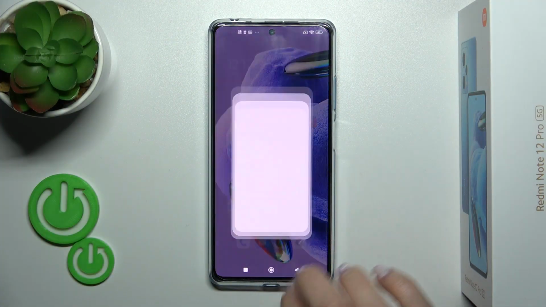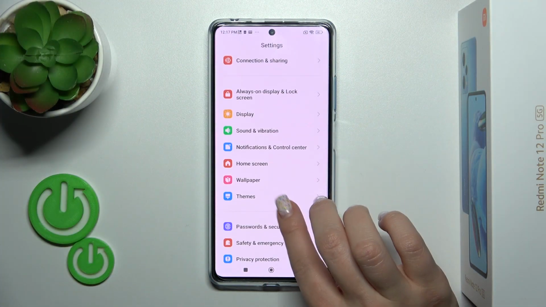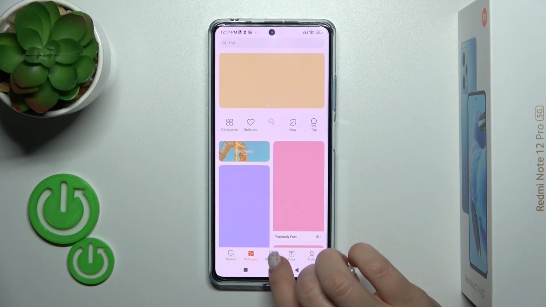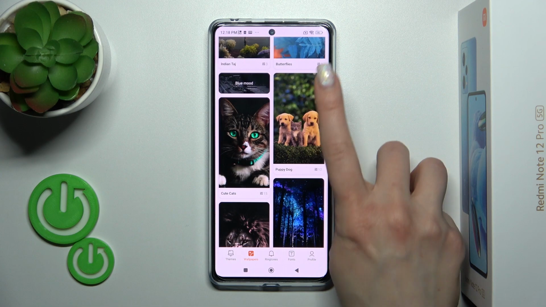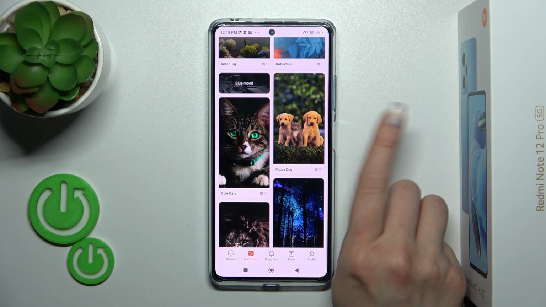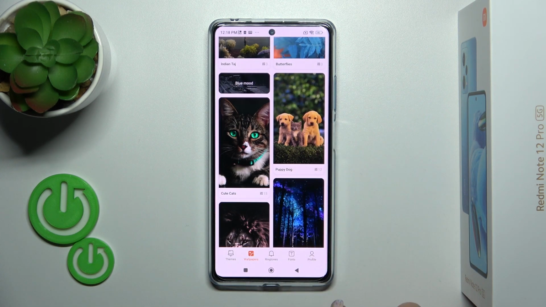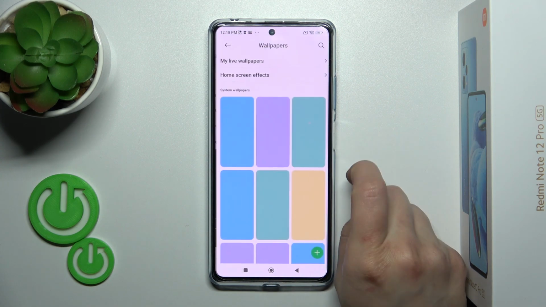So first we should launch the settings and then scroll down to the wallpaper section. Here you'll see the online wallpapers. You could use them, but be sure that you are connected to the internet, to the mobile data or to the Wi-Fi. If you want to use default wallpapers on your device, switch wallpaper to profile, tap the wallpaper section,